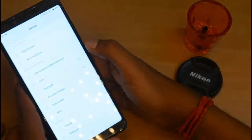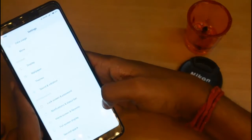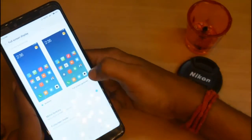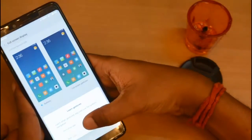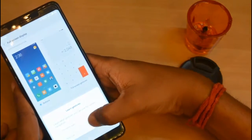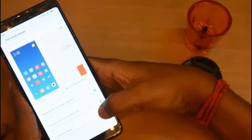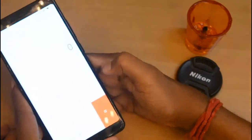Go to settings and come down, and you see there is the option full screen display. Turn it on. Here you can learn the gestures. I am showing the gestures. For going back, suppose I have the calculator on. If you want to go back, just